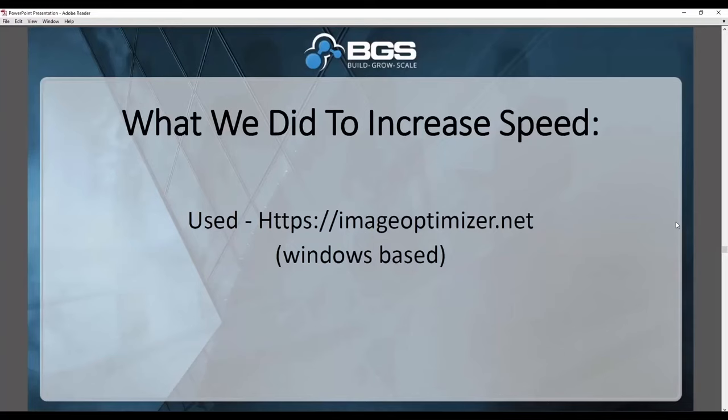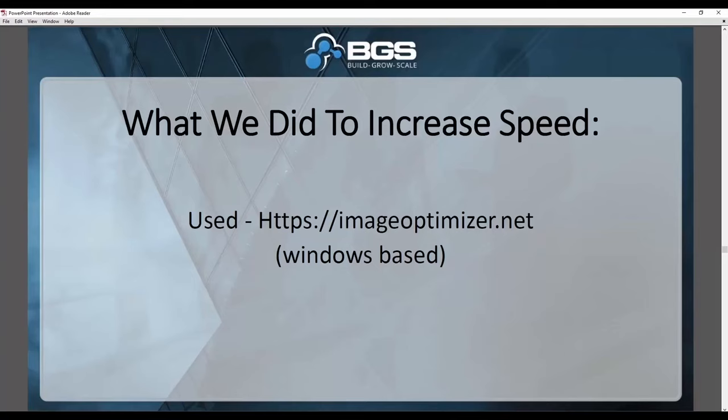I don't even know if they have a Mac version, but I'm sure they do, or something similar. You have to use the Pro version. It's a paid tool. I think it was 30 or 40 bucks. If you use the free version, they're going to watermark all your images. We did that by mistake the first time, and then we had to go back and redo it and remove all the watermarked images and bring up the